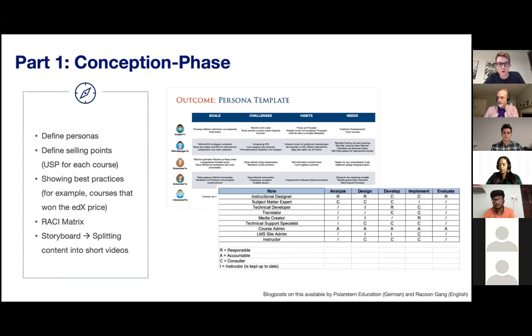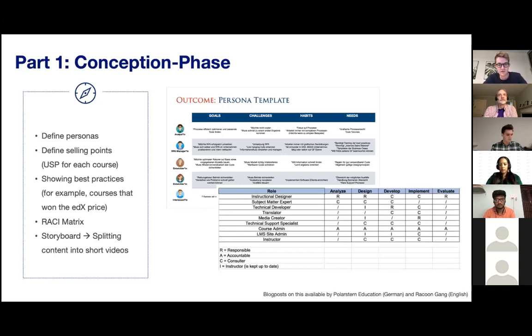Now we're working with tools like Miro board. And once we have this structure set up, we go back to the content that they already have, and we try to put their content into that board. And then this approach allows us to just have smaller learning pieces or learning nuggets, and we can turn them